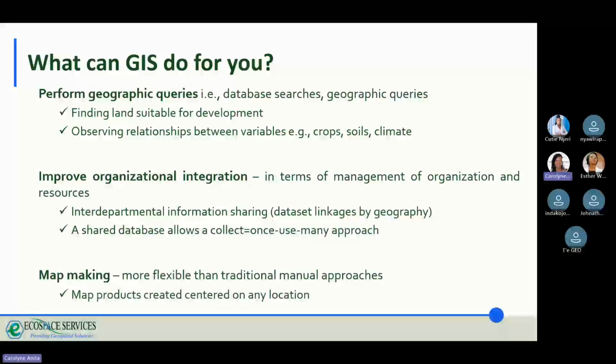GIS can also be used to improve organizational integration, which we've also discussed in the objective section, in terms of management of organization and resources. So we can share your information. That's where it's written interdepartmental information sharing. We link our data sets by geography. You can consider also businesses that have different branches. This branch can collect its data, another branch collects its data, and then,